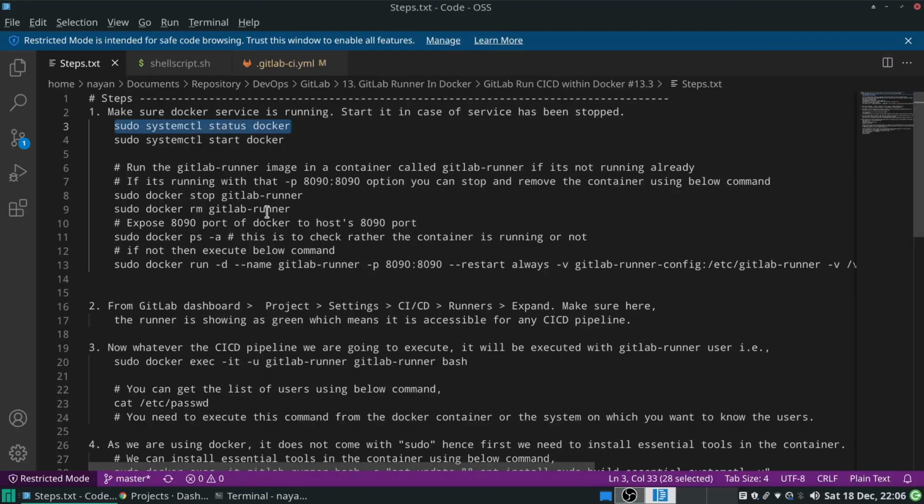So the next step is we need to make sure that GitLab runner image is running in a container. If you see my previous video, in that video we started the GitLab runner image container without this -p 8090:8090 option. So in today's session, we are going to use this option. So for that, what can we do? I have mentioned the step over here that if the GitLab runner image container is already running without this -p